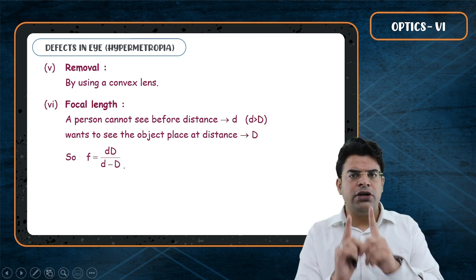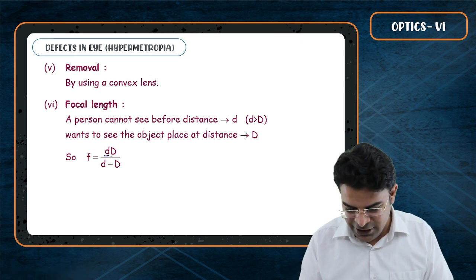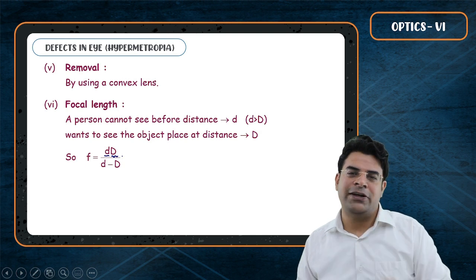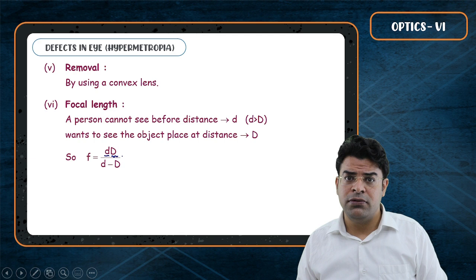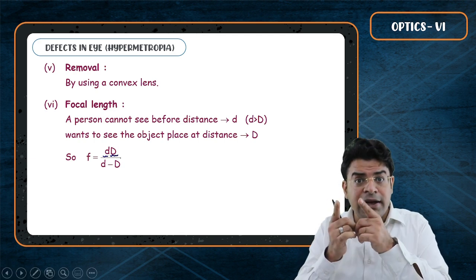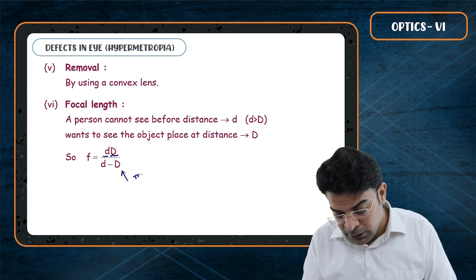So now focusing on a very important thing. If I ask you guys, should small d and capital D be substituted with sign or without sign, what will be your answer? Sir, they should be substituted with sign. That's wrong. That's wrong because here small d and capital D in the derivation were taken as the distance. So you just have to substitute the magnitude.